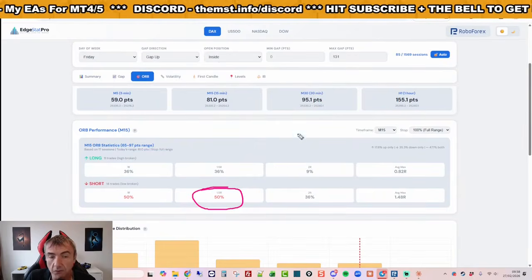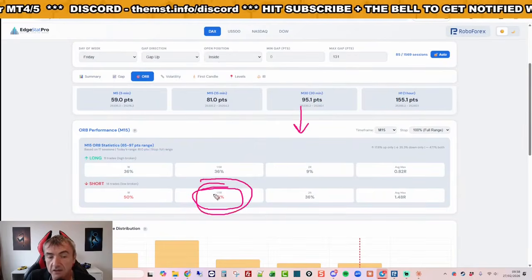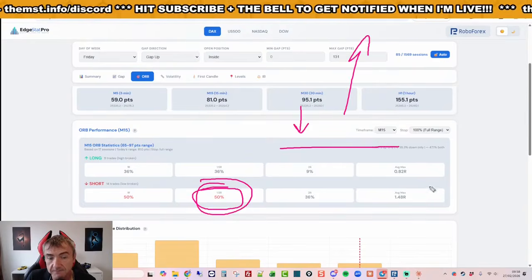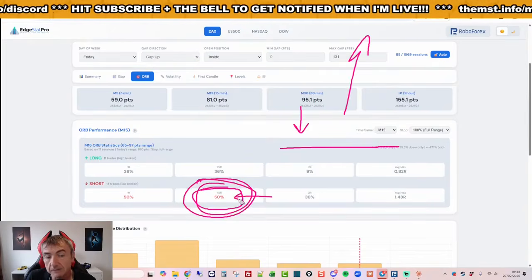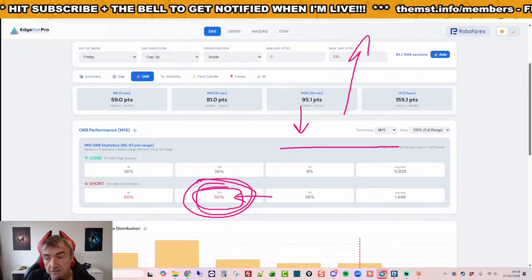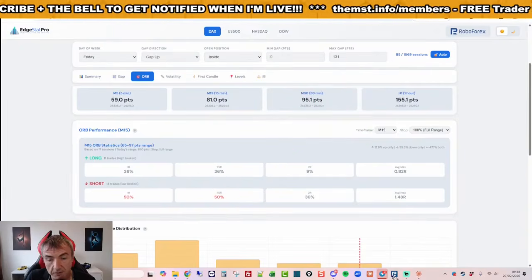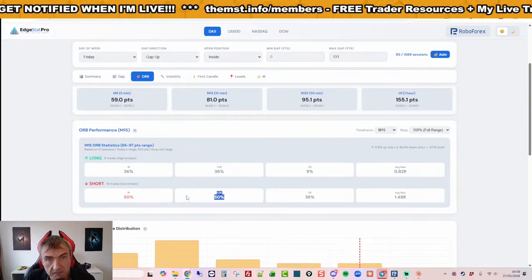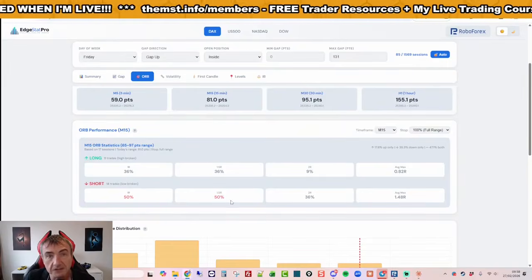So you wait for bearish price action and you target 1.5R on the ORB. You don't take the long trade. Yeah. But there's still only a 50% probability. So half of these trades are going to lose. What happened today? We broke short. We lost. Correct. We lose 50%. That's the edge.